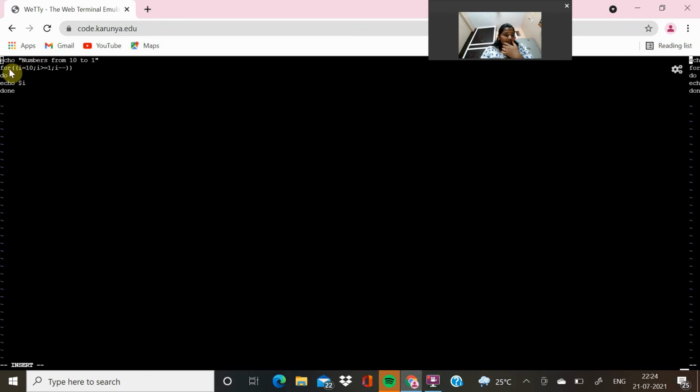Here we are giving for i equal to 10, i greater than or equal to 1, i minus minus. Echo means print i, done. That means first we'll be getting i equal to 10, then while i is greater than or equal to 1, i minus minus, so we get numbers that decrease.